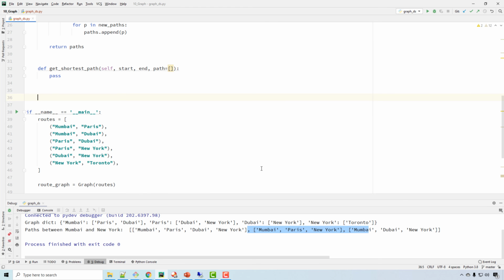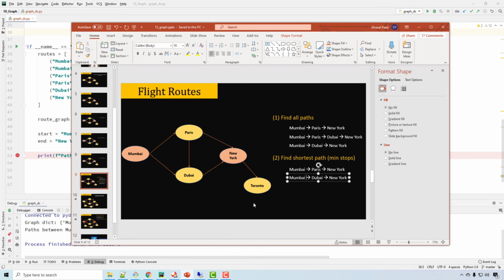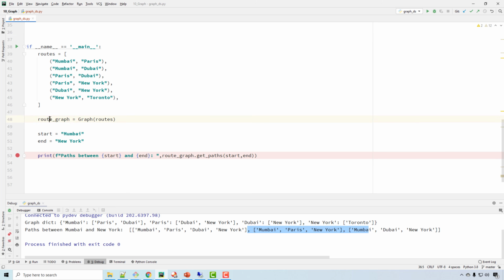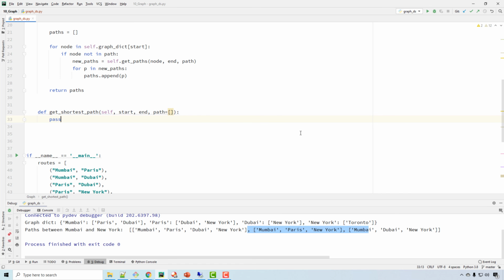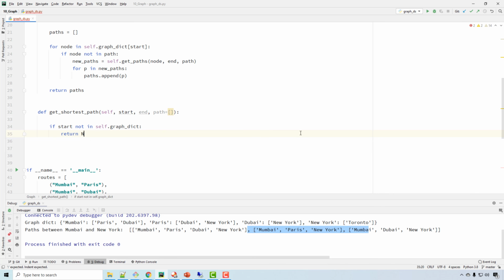Again, this is a recursive function, so you want to think about the simplest case first, which is, let's say, if I do get shortest path where the starting point is Toronto. So from Toronto there is no flight, so I should get none basically. So let's do that. So here, if start not in self dot graph dictionary, return none,